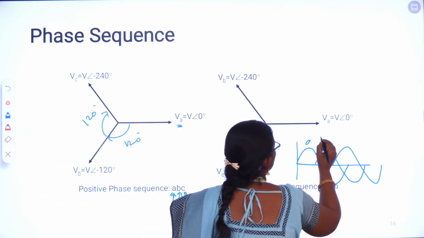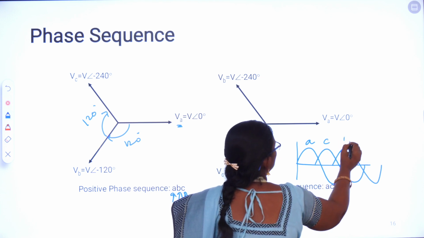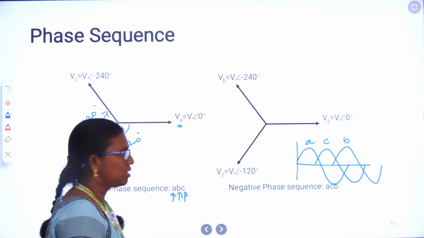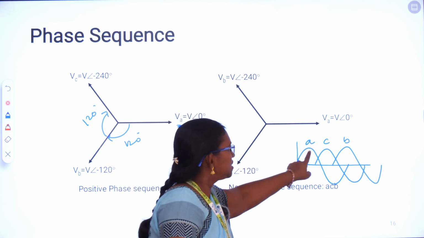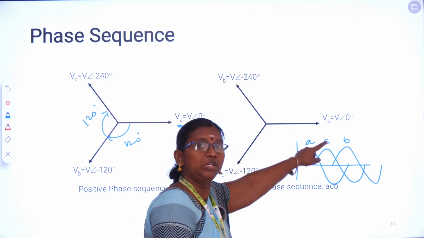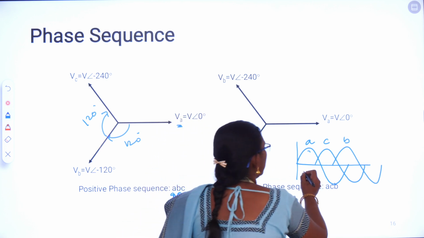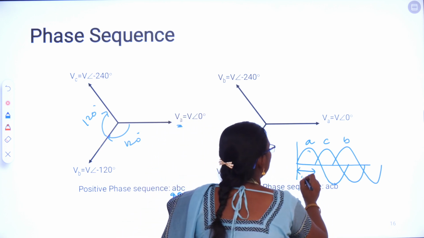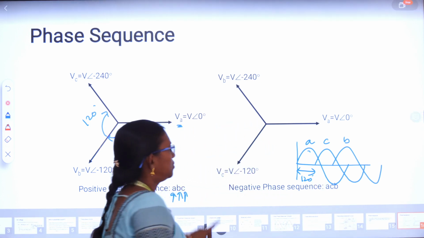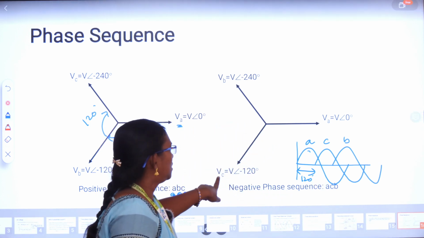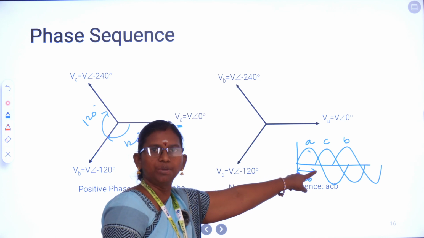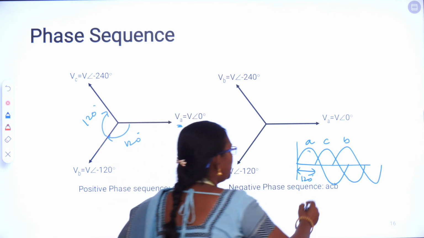This is A, this is C, and this is B, which means after A reaches its peak, the next one to reach its peak is C with a lag of 120 degrees. So this is the lag. So with this lag of 120, VC reaches its peak, and then after this